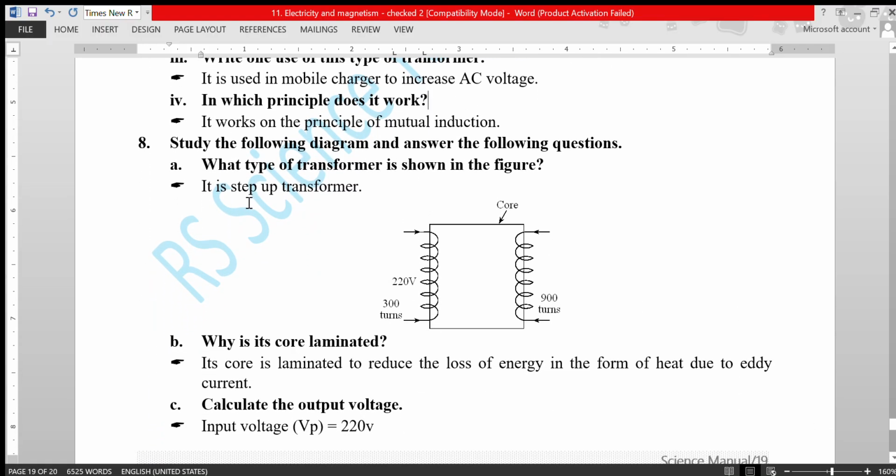Observe the diagram and answer the following question. What type of transformer is it? It's also step up transformer as number of turns in secondary